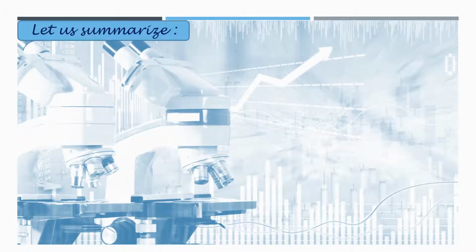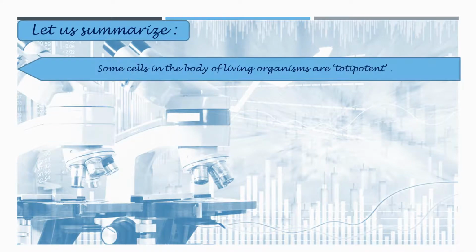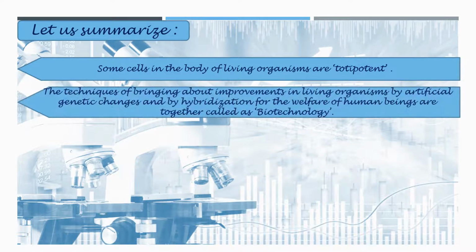Students, this was the end of the chapter. Now let us summarize what we have learned in today's module. So we studied that some cells in the body of living organisms are totipotent, and the techniques of bringing about improvements in living organisms by artificial genetic changes and by hybridization for the welfare of human beings are together called